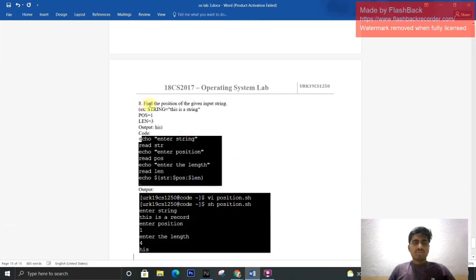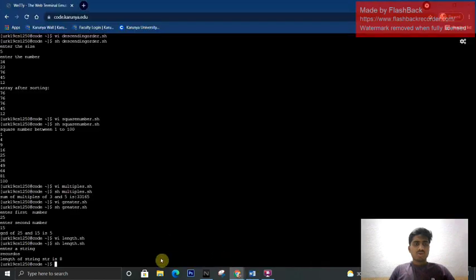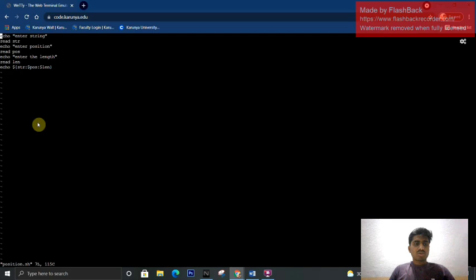Find the position of the given input string. This is a string, position 1 and length 3. For this we are using the code. Echo enter the string, read string.